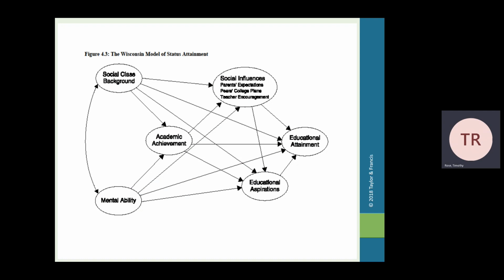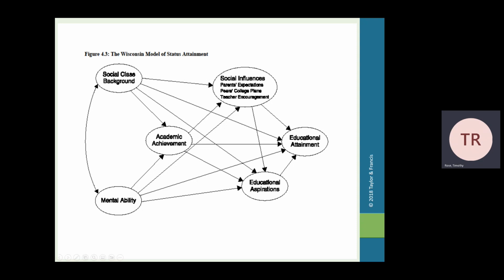So this is a visualization of the Wisconsin model of status attainment. If you don't have your screen pulled up, you'll want to right now, because this is where I'm going to talk to you about indirect effects. This is actually a very interesting thing. We're bringing in structural equation modeling here, which is a very interesting, very powerful, very advanced form of statistical analysis that allows us to examine things like indirect effects.